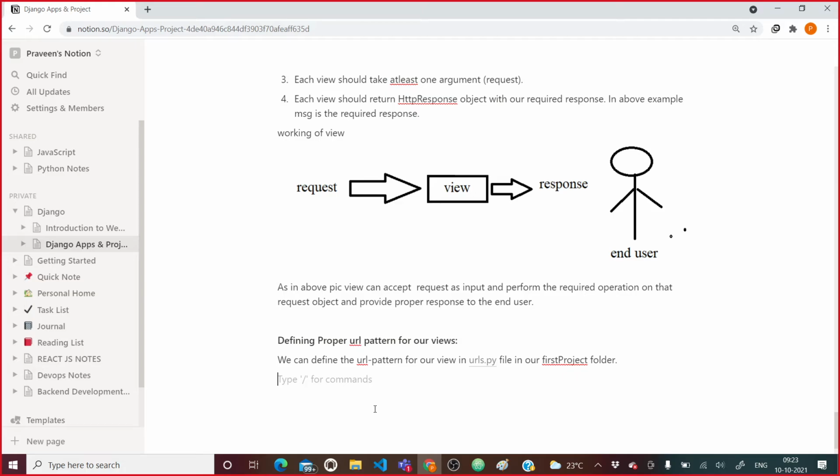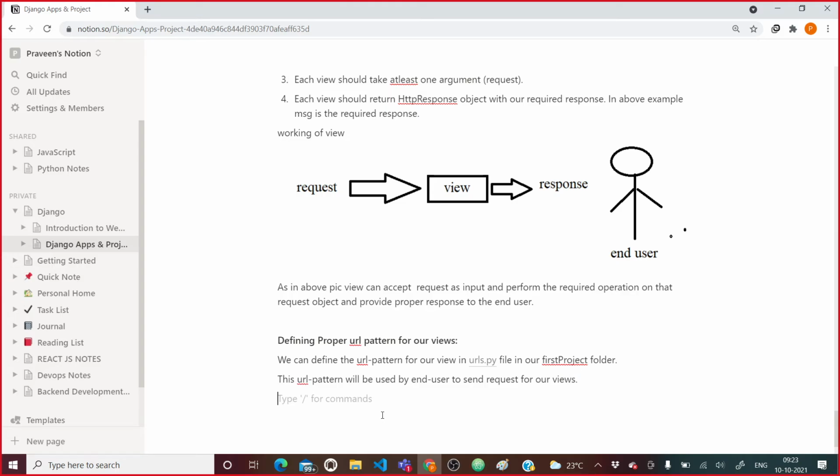Now first of all we will understand what this URL pattern is. This URL pattern will be used by the end user to send a request for our views, right?